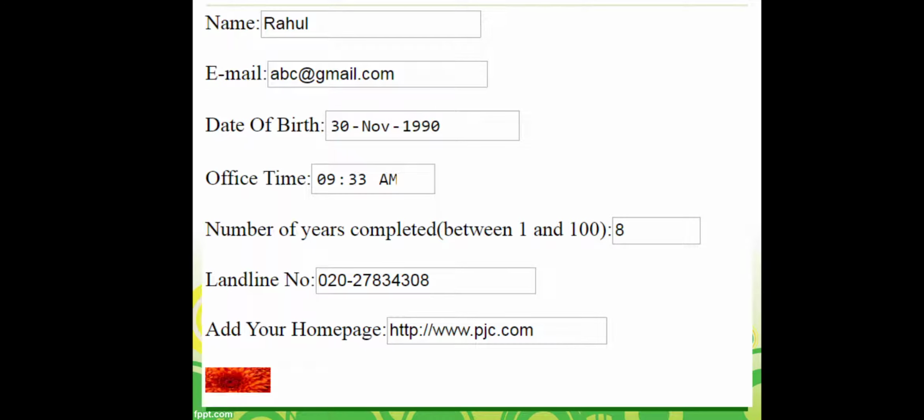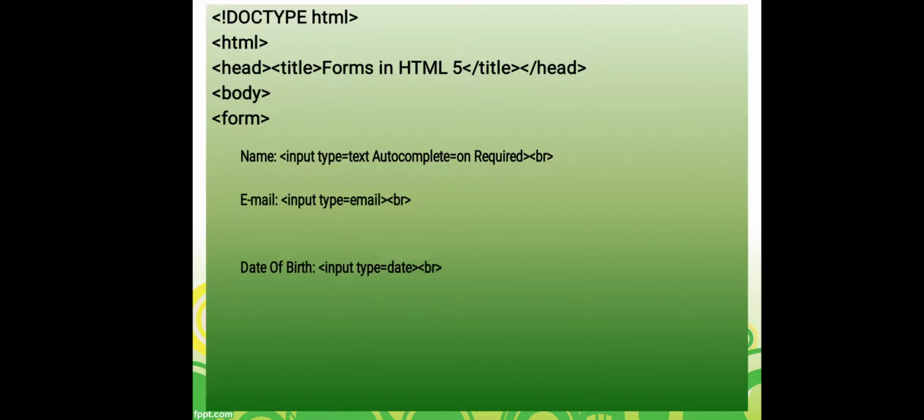So now next, third, date of birth. Here in this text box we require a date which is in the form of day, month and year. So to get this text box, we'll write the code as date of birth, which is the label which we have given. And to get that box which accepts date values, which when clicked you will get a calendar, I hope you remember, you need to write input space type equal to date.